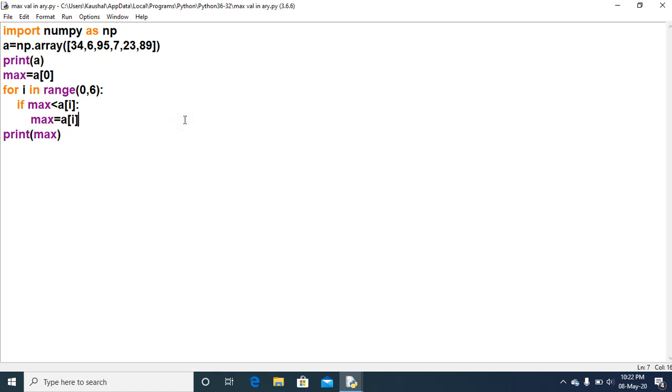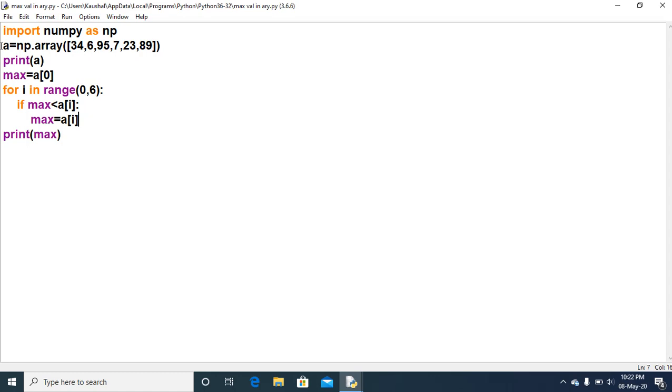Now this program is meant to find the maximum value in the array. You have created the array, and from that array, if you want to extract, display or find out the maximum value, as with maximum, minimum you can also see the minimum value too, just by changing the condition. So how to display the maximum value in any array? This example, or this program, is to display the maximum value in a 1D array. So let us see how to do it.